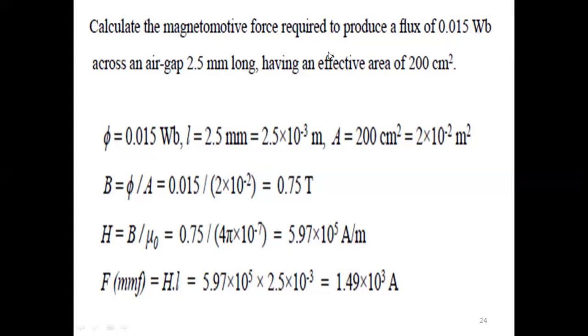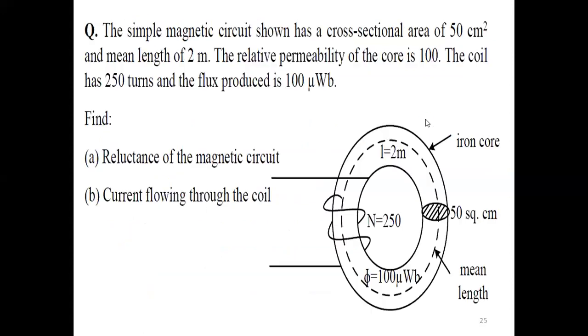So these are simple problems based only on magnetic circuit formulas. When you consider a series circuit or one ring type of material, we'll take one more problem. First you note down the question and diagram, then I will explain this one. After that, I will give a similar problem to you.